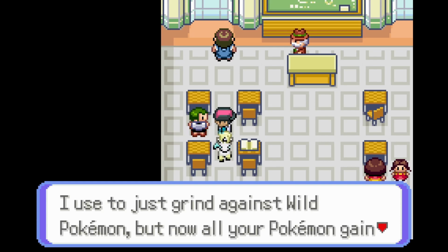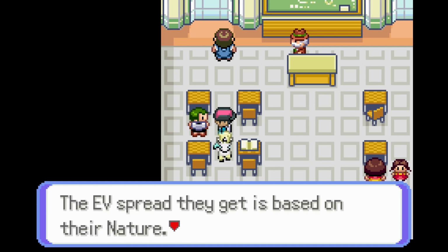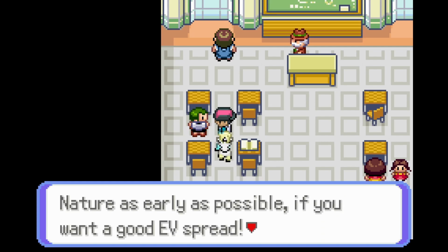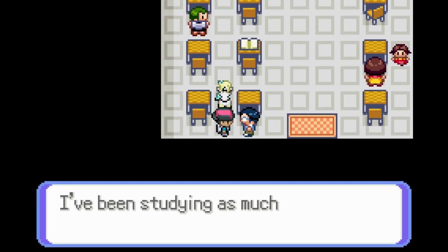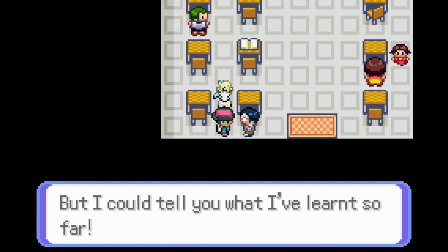Obviously, you want to have your Pokemon be as strong as possible. For me, at the point that I'm at, I really just focus on the strategy aspect of it, so I'm not paying too much attention to the EVs and IVs. You can just see it from the Pokemon menu as well. If you go into the stat screen and press the 8 button, it'll tell you. And then this guy, he tells you,